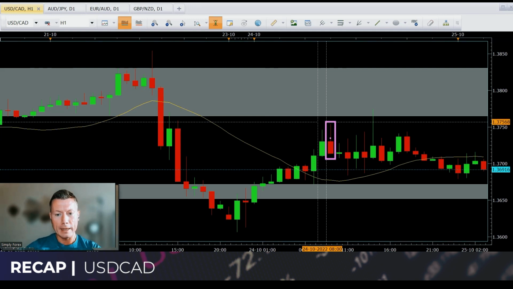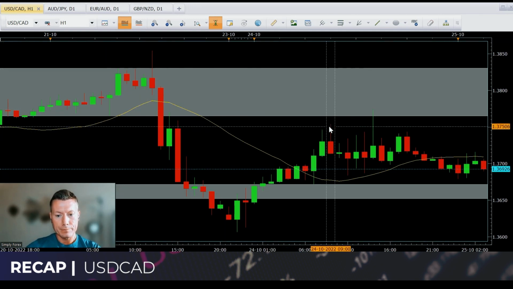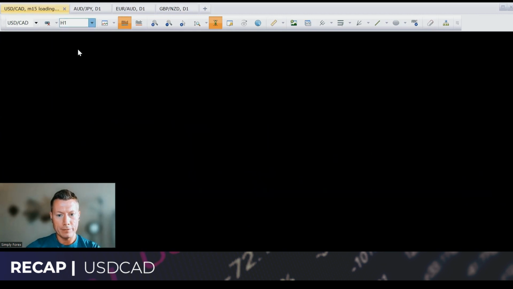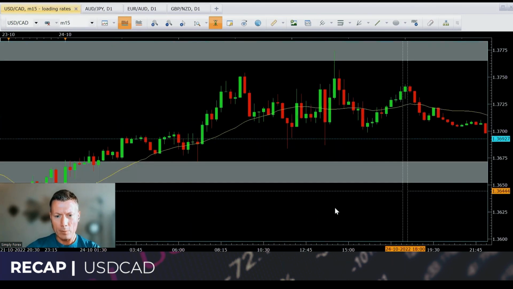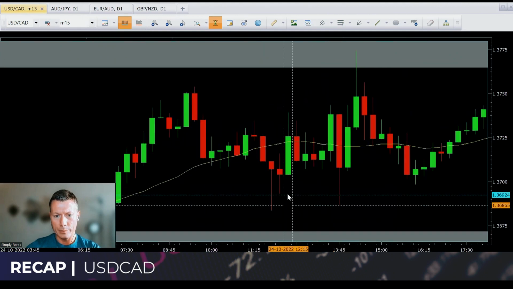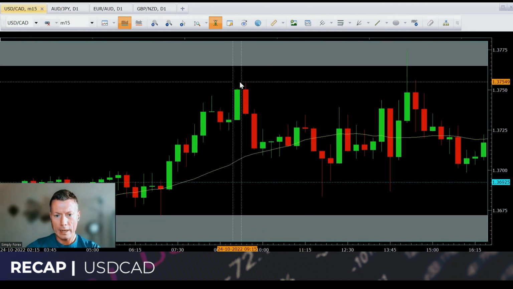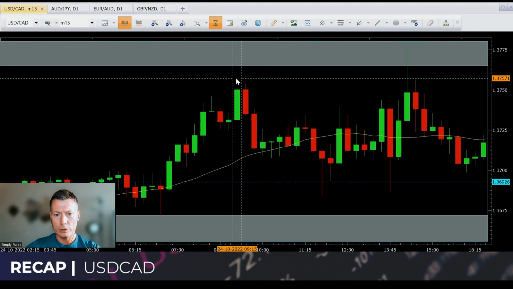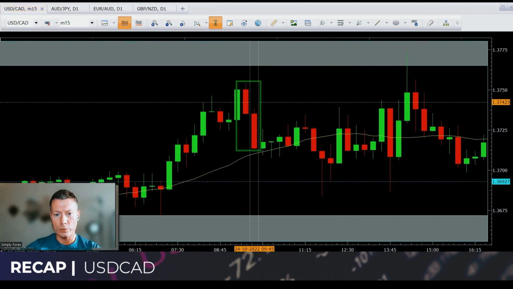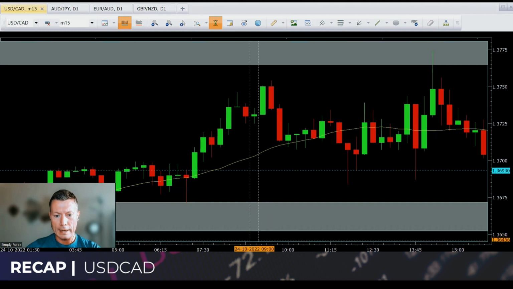And then what I do from here, guys, is drop down to the M15, okay? So if we drop down to the M15 chart, and what we're seeing here, if I zoom in, yeah, this candle here, yeah, was that H1 candle. Okay. So these candles here were the H1 candle that I was looking at. Okay. But more importantly, at this stage, yeah, price structure has broken down.